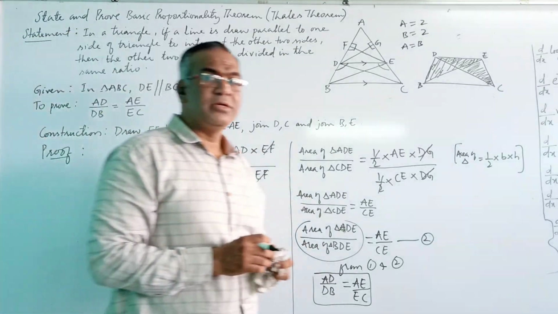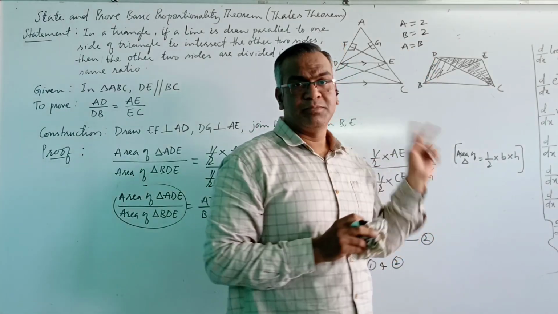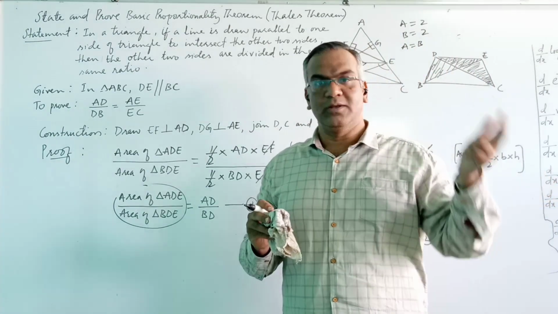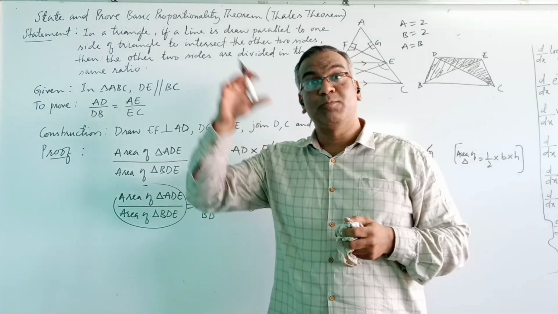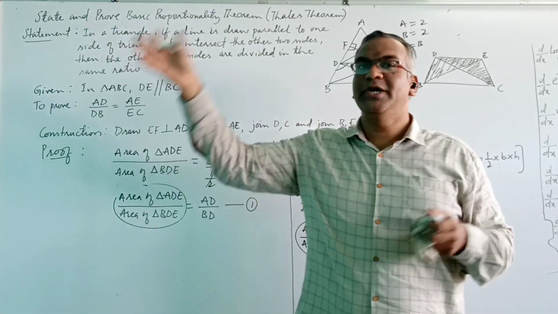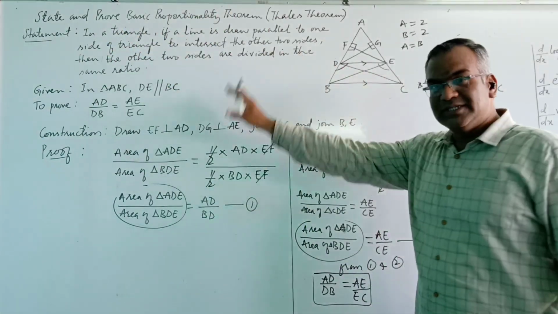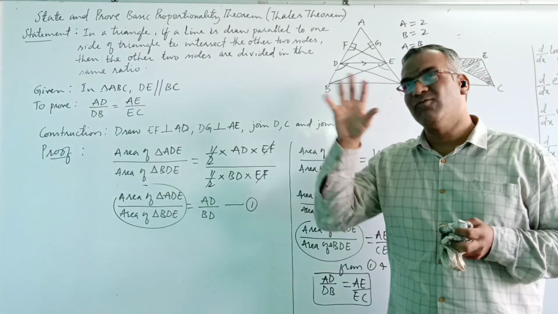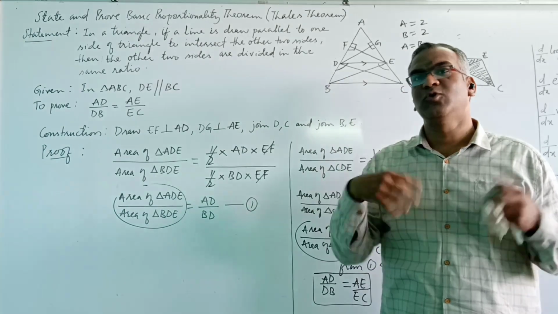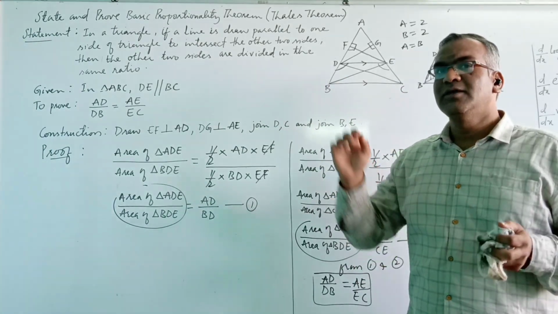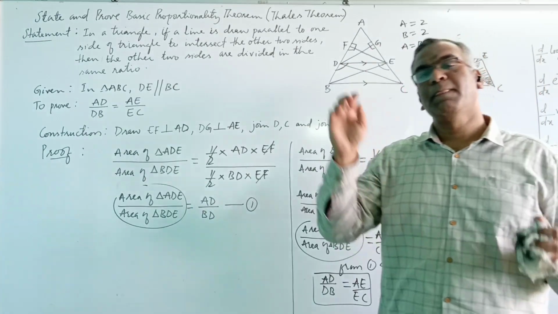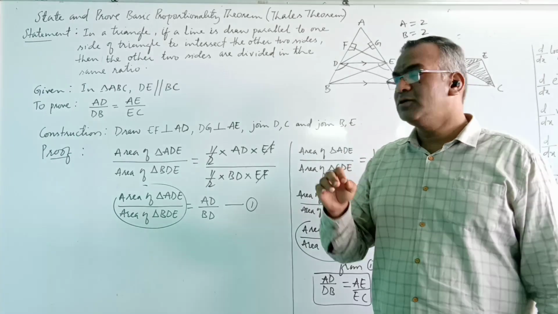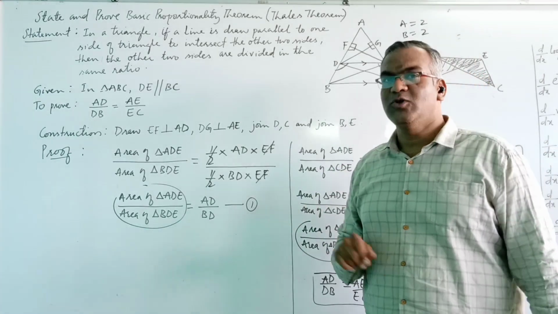I explained the theorem as well as I showed you some basic things in triangles, right? How in an acute angled triangle, height is inside the triangle, and in an obtuse angled triangle, height may be out of the triangle, right? These are important things. Hope you all understood this. If you don't understand the theorem at once, then repeat, watch the video many times, you will definitely understand. Even then, if you have any doubt, you can write in comments, I will clear your doubts.